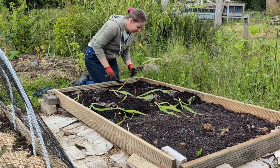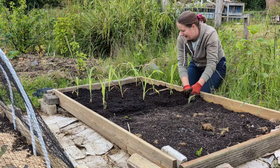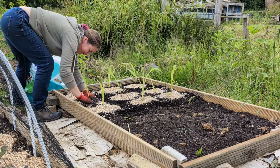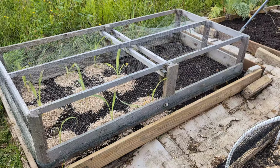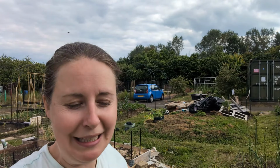So they're now in this bed in the corner and looking all right. I have put the miscanthus grass around these ones because they're next to a particularly weedy area. And I've also popped on the bed frame with the netting over the top. So hopefully they will be protected enough, because I really do want those gem corn. They are so beautiful, and these were seed from Growbust greenhouse. So yeah, I really want those to produce corn so that I can then save it for the following year